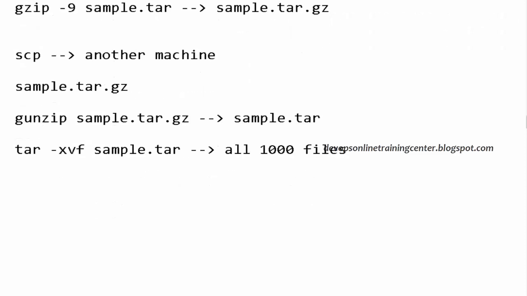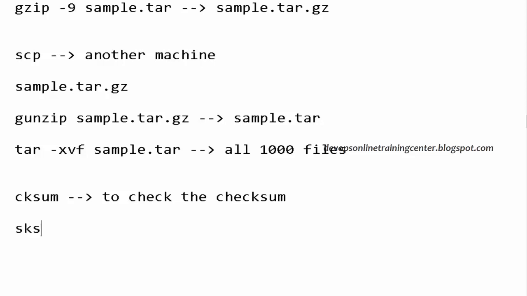In between, another thing we can use is to check the checksum. cksum is to check the checksum. What is checksum? Let us say you have transferred a file over the internet and sometimes packets may be lost, right? It shows the size is proper, but actually the file is not proper. Maybe some packets were missed, not properly transferred. So if we use checksum, we can find out whether the file is transferred properly or not.